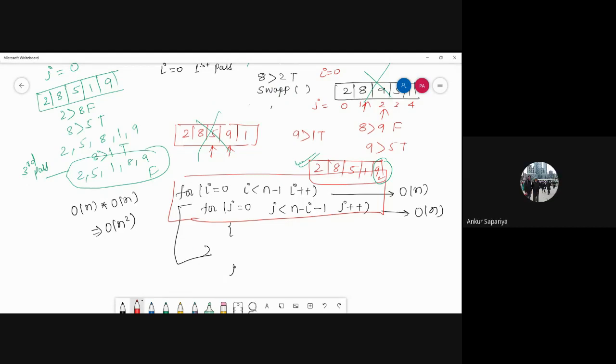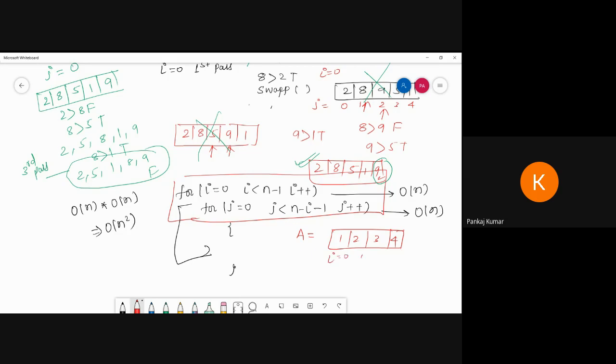Okay, sir. Got it. Now, see one thing. Suppose you take an array, and that is also a scenario. Suppose I am taking the array like this one, already sorted, 3 and 4. This array is already sorted, but bubble sort does not understand whether the array is sorted or not.